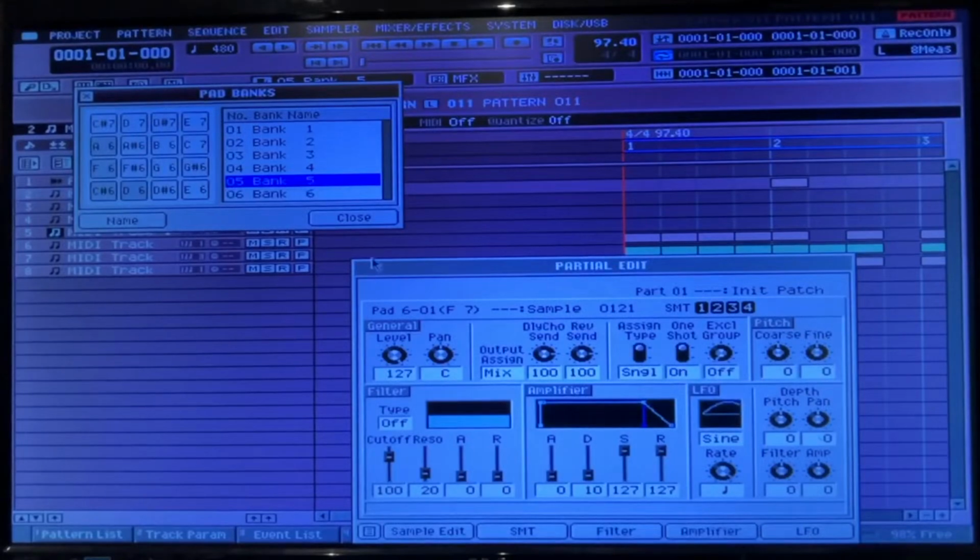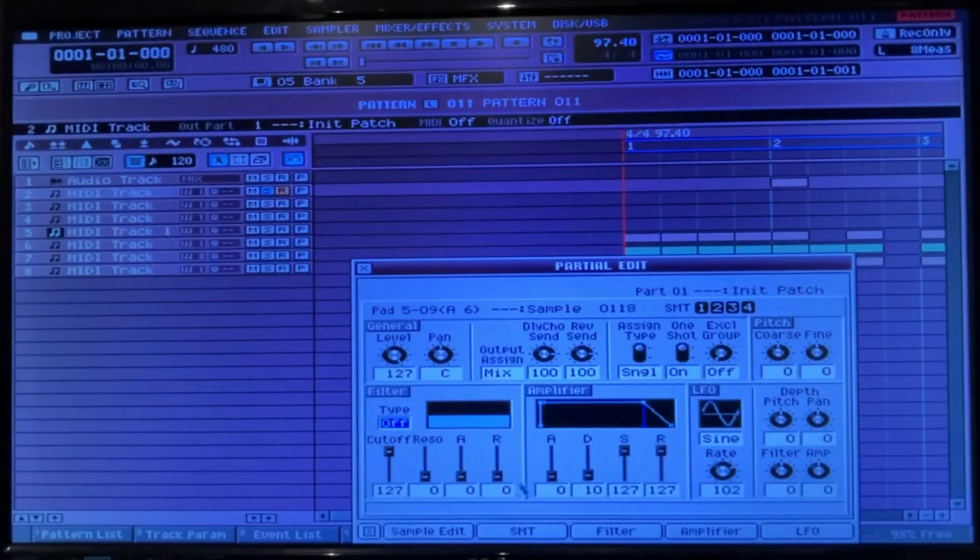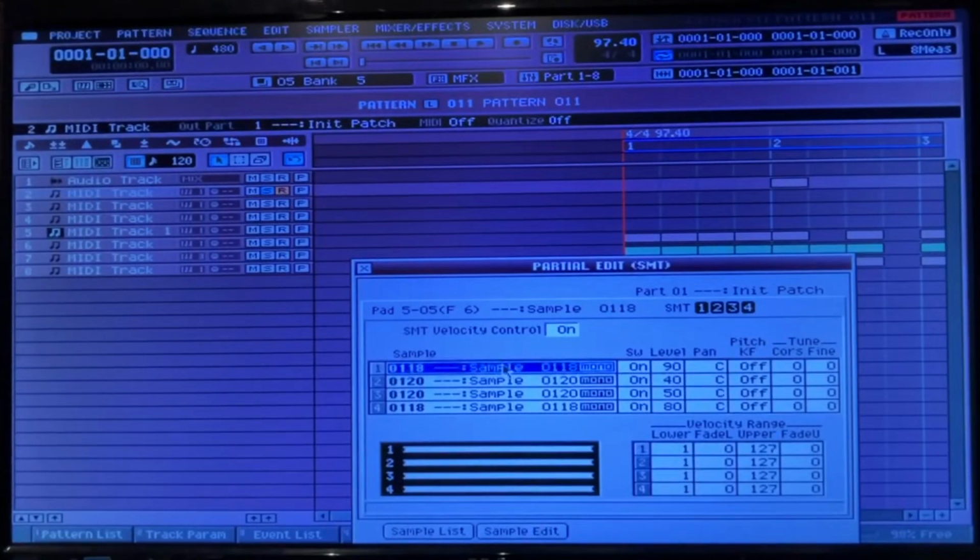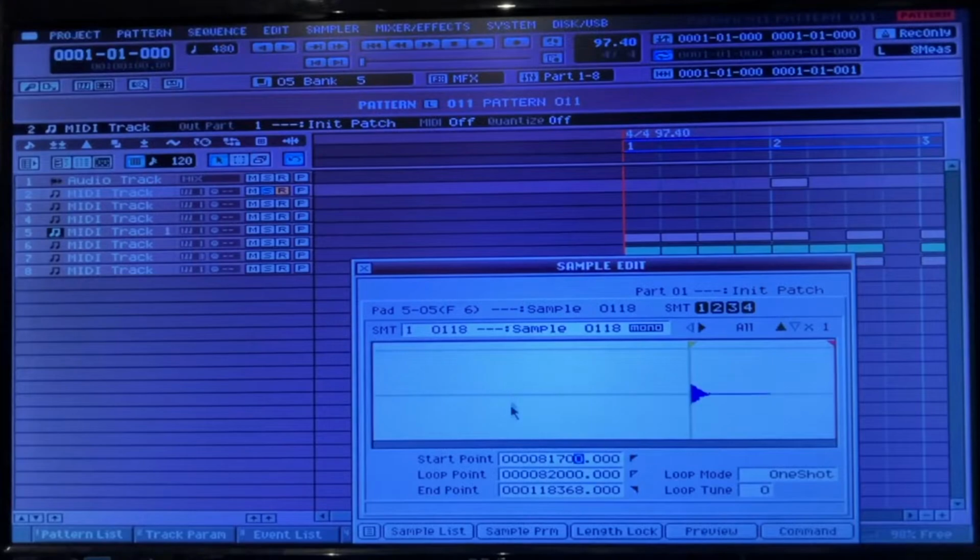It's a 6-stroke roll, and basically all that is, this is really like a left stroke on the first sample. The second sample here is actually like 2 hits. On the drums it'd be like left, and then right hand would be like left, right, then left, and then right. If anybody's into drumming like that,